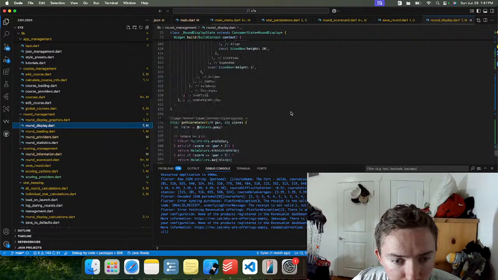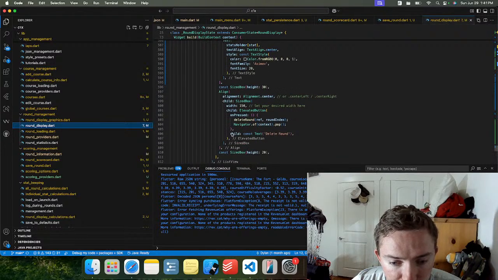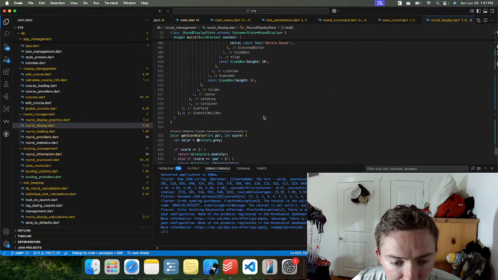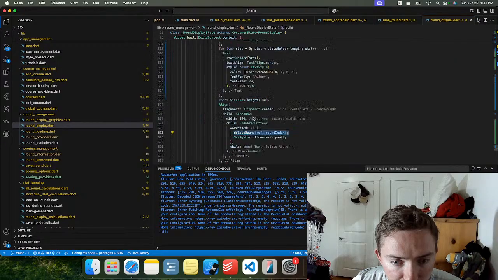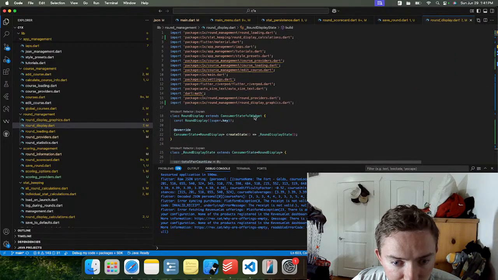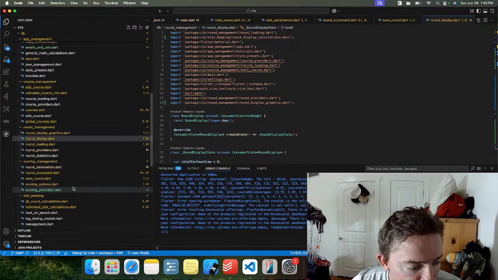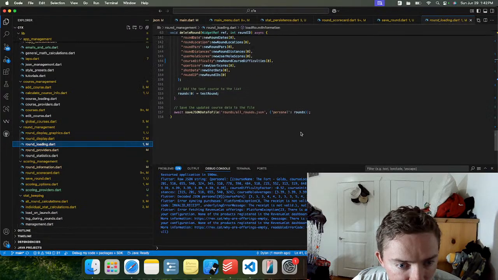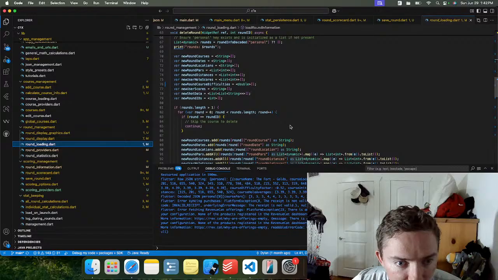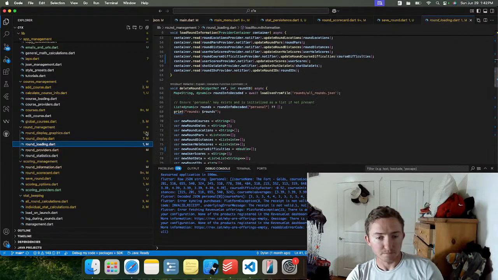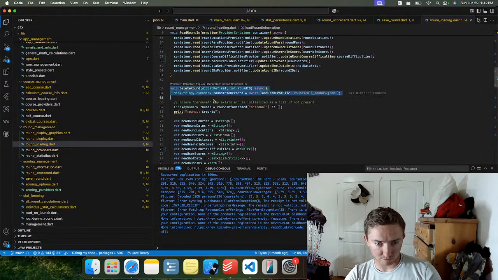The round display view has the button though. Delete round, ref index. What other files am I importing? Round providers, course loading, round loading. It's not in round loading though, right? Oh no, it is. It just looked like the same function as the one I had above. Okay, so